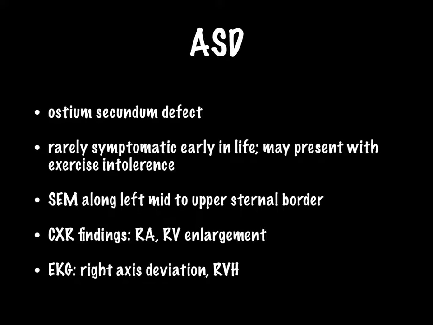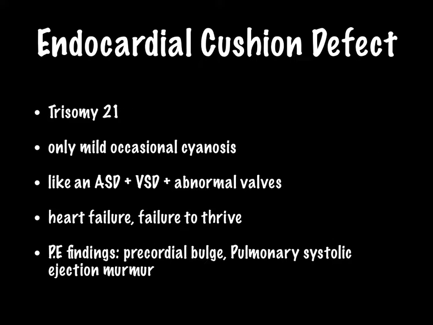On the chest x-ray, you're going to have an enlargement of the atrium and ventricle on the right side of the heart. And the electrocardiogram is going to also show the right axis deviation and also show some right ventricular hypertrophy. And last but not least, the endocardial cushion defect, commonly caused by and classically seen in trisomy 21 or